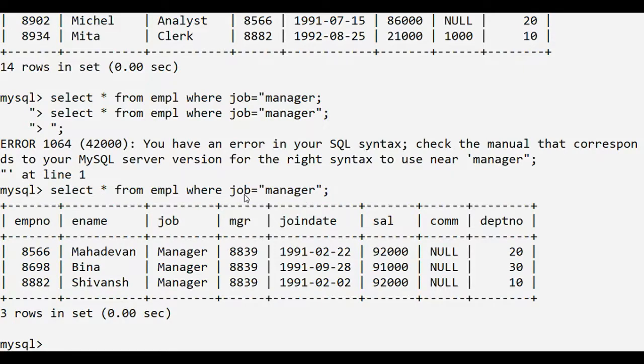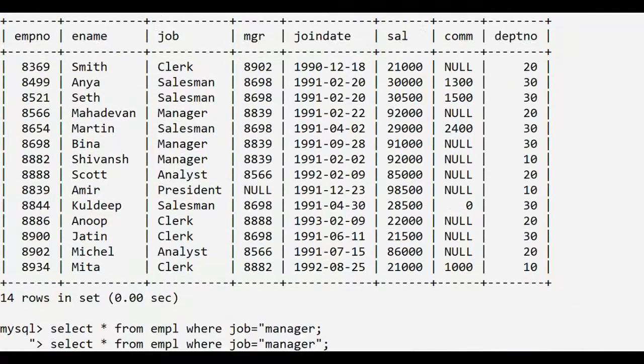The value of the job field should be equal to manager. Internally, the first record is picked up and the value of the job field is clerk. Is clerk equal to manager? The condition is false. Then the second record is picked up. The value of the job field is salesman. Is salesman equal to manager? It's false.